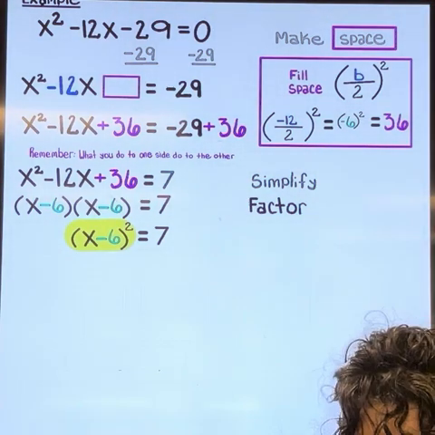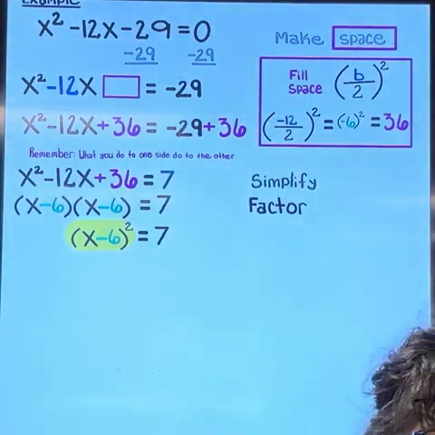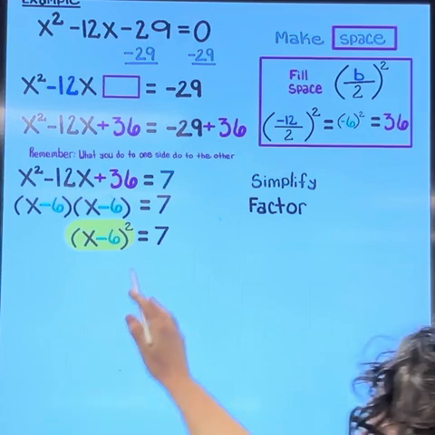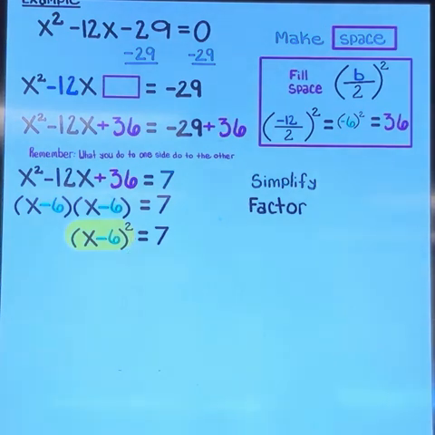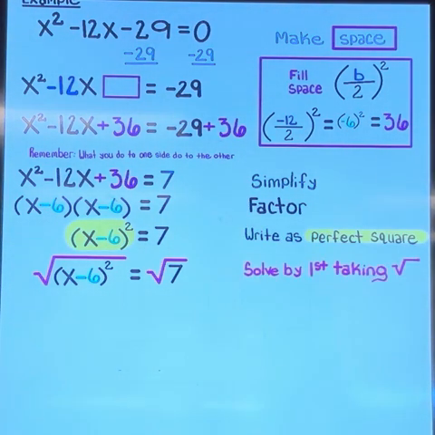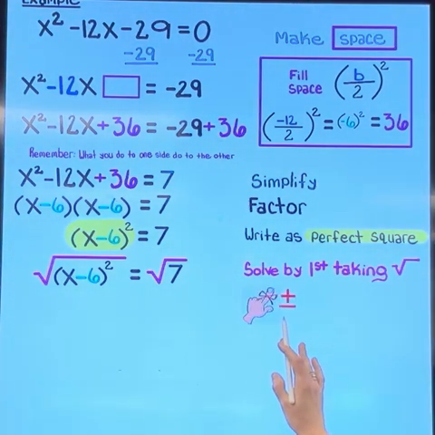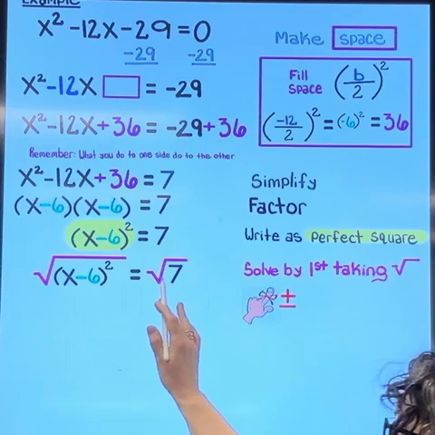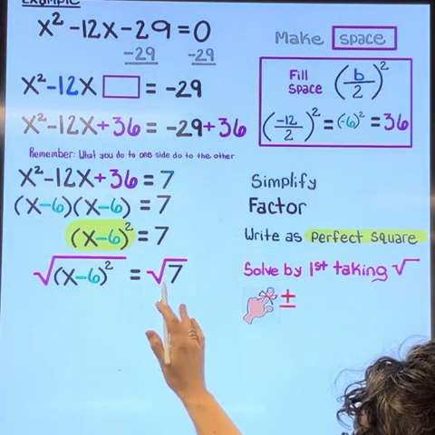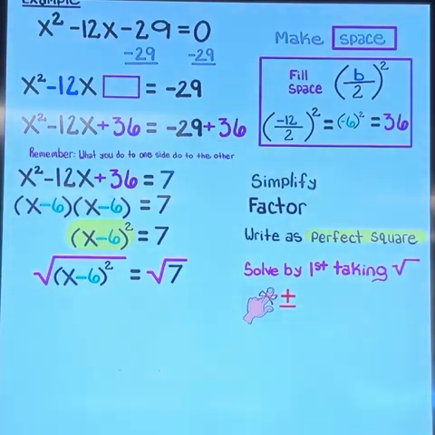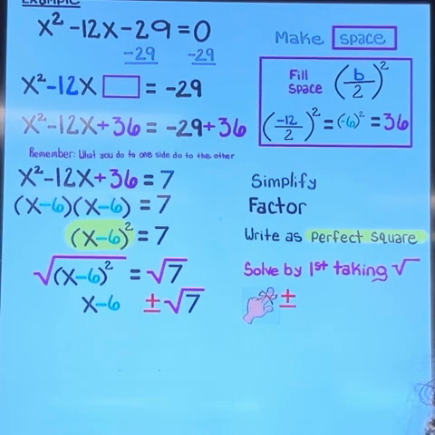Now that I've got my perfect square, I'm going to continue solving my equation. In solving, I want to get rid of squared, so I'm going to take the square root. Don't forget, when you do take the square root, you get both positive and negative. So this is going to be positive and negative root 7, and then the square root frees up that x minus 6. We can create 2 separate equations,